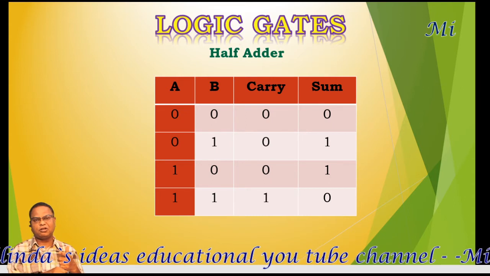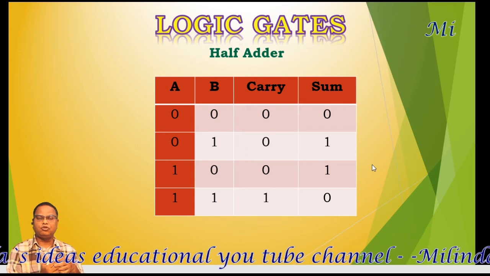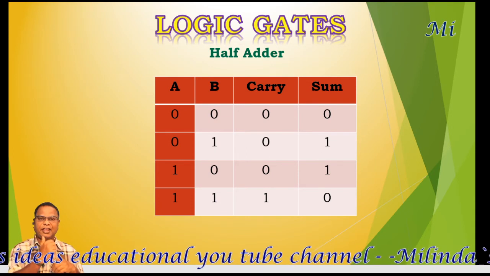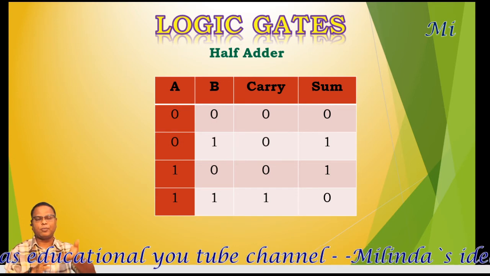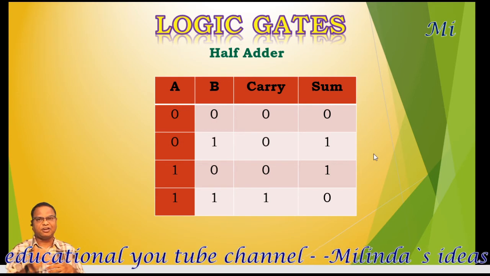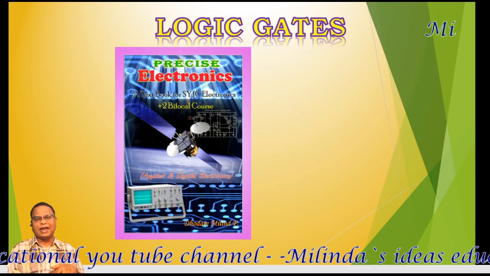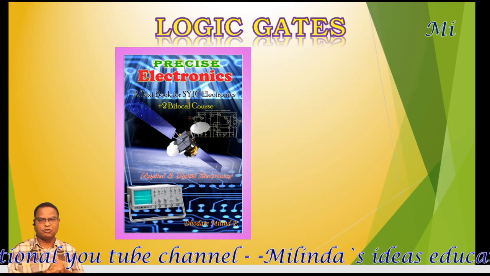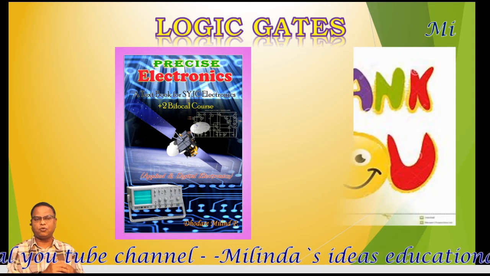In the next lecture, we will discuss the drawback of the half adder. The drawback of the half adder is that it is only used for the addition of 2 bits. In the next circuit, we are going to eliminate the drawback of this half adder, and that circuit is known as a full adder, that is basically a 3-bit adder, which is going to add the 3 bits. So friends, keep watching for our next lecture, that is the full adder.